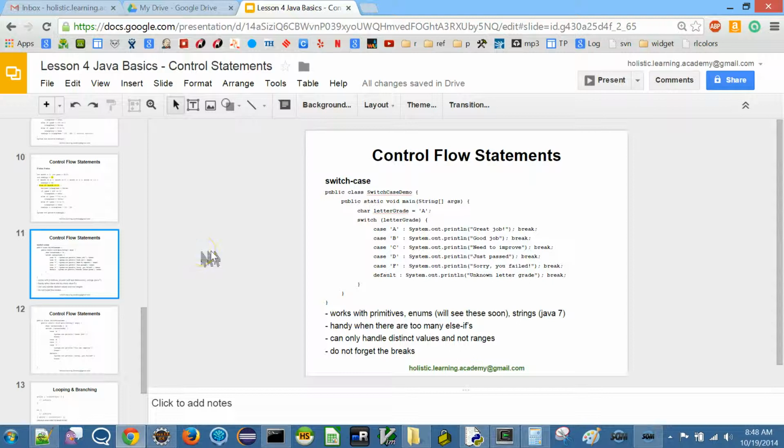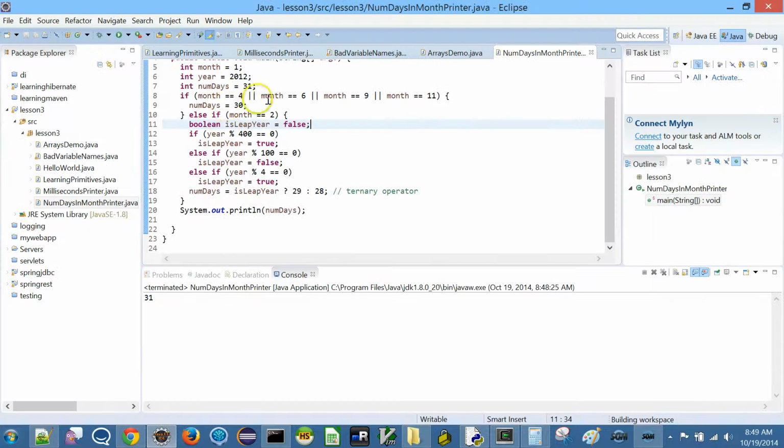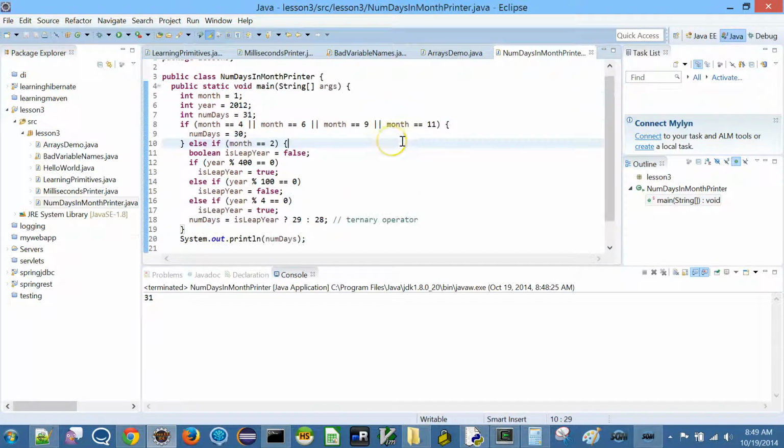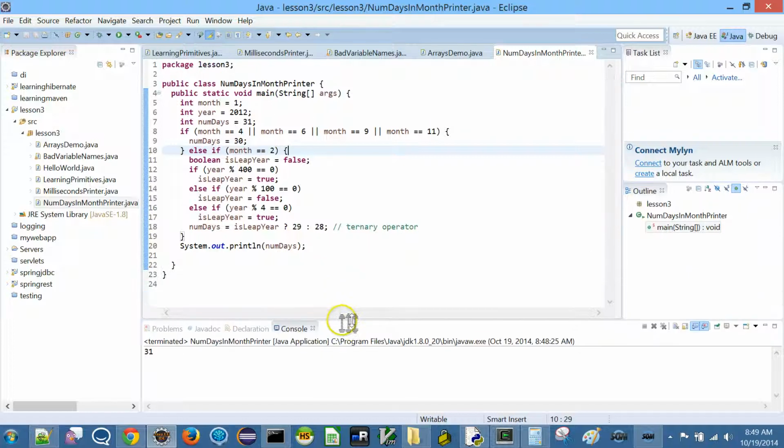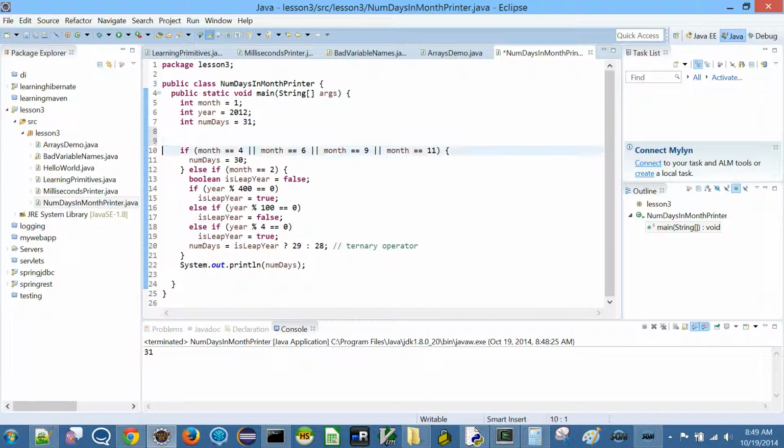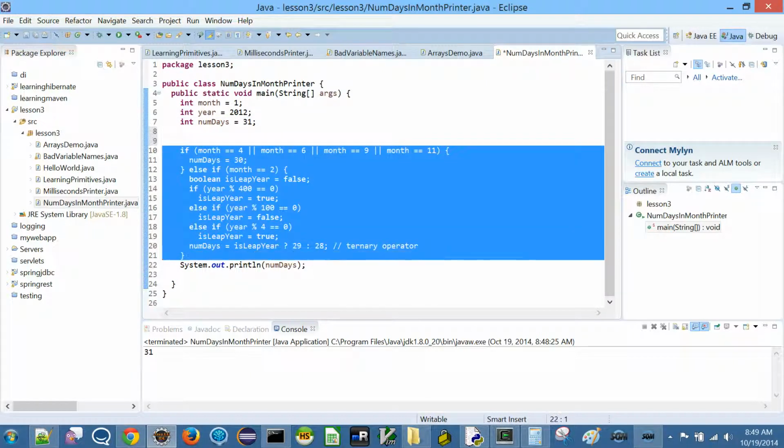The next one is the switch case statement. What is a switch case statement? It's basically, instead of going through each one of these conditions in an if and then else if, we could just alternately write this in a switch case. Okay, so let's see the equivalent switch case. Let me just, actually we could as well use the same example. So let me just push this to the bottom, right?